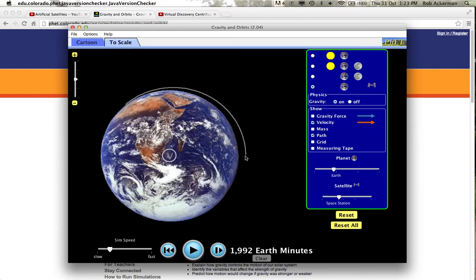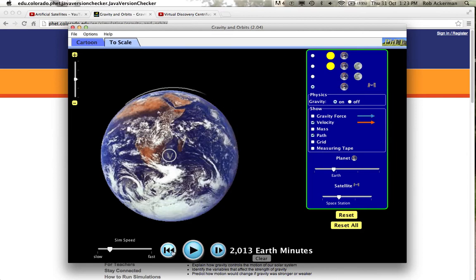However, if you can throw it fast enough so it actually goes a significant distance horizontally as it falls vertically, at some point the curvature of the Earth begins to be significant. In other words, the Earth curves away from the satellite, delaying the impact. If you go fast enough,